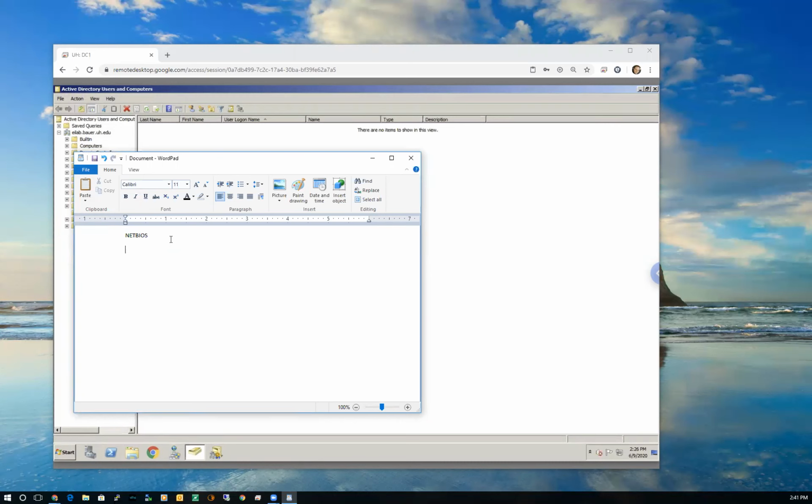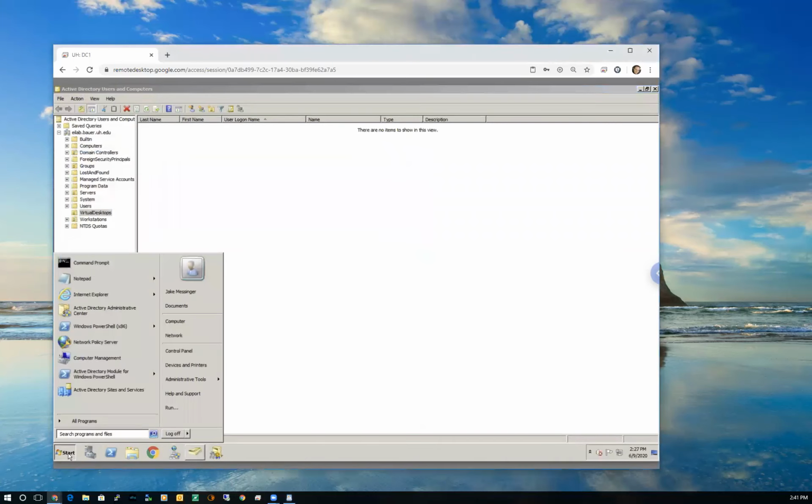So if I say NetBIOS name to you or to anybody, what I'm talking about is the name generally of the computer itself. So in your case, if you've got a Windows computer right now, or if you have a Mac, you can do this also. I don't know where exactly it is in the Mac, but in Control Panel, and there's several ways to find your NetBIOS or your computer name, and it has to be unique on a local network, just like an IP address needs to be unique on a local network. If it's not unique, you have conflicts. You can name two computers the same thing, and it might work, but you'll have conflicts. You should not do that.